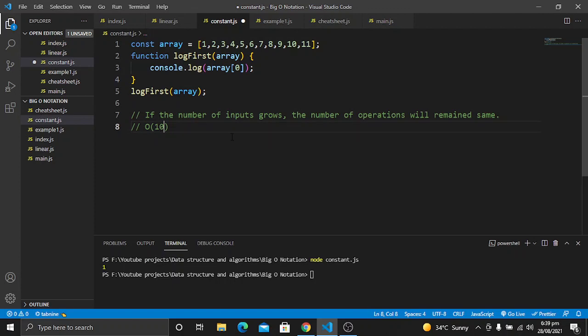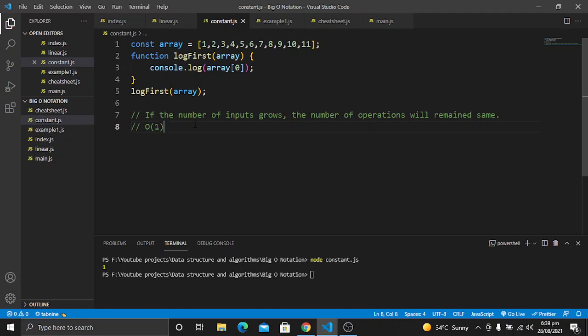But at last we should write that it is constant time complexity, and we define constant time complexity by O of 1. So this is the notation for the constant time complexity example.